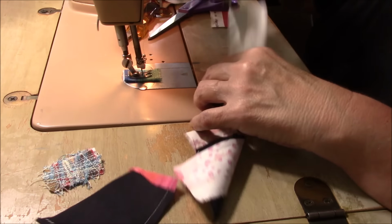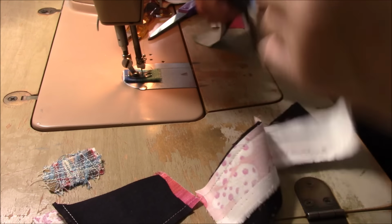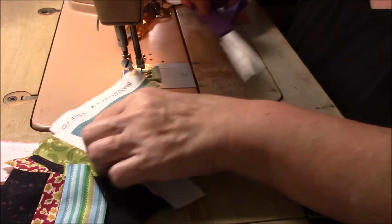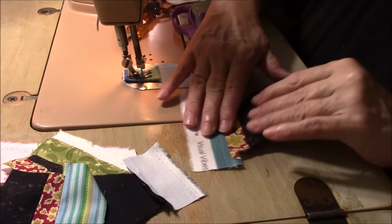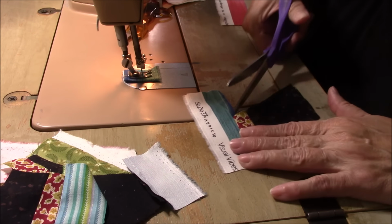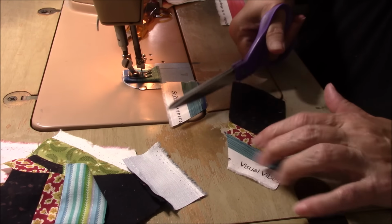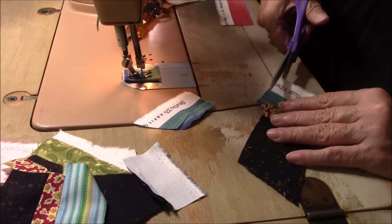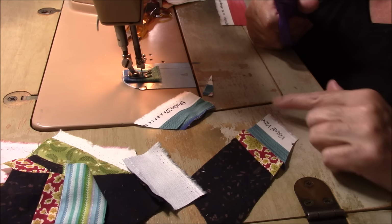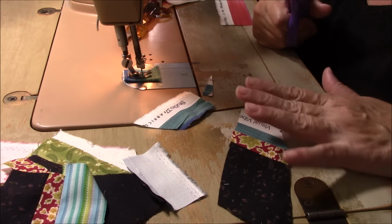One, 2, 3, 4, 5, 6. Okay, let me press and snip and all that stuff. I have them all pressed open, and I'm just going to cut with the angle that it already has. So I'm just going to go like that and like this. Oh, I wish I would have kept that. Maybe I'll keep that, but